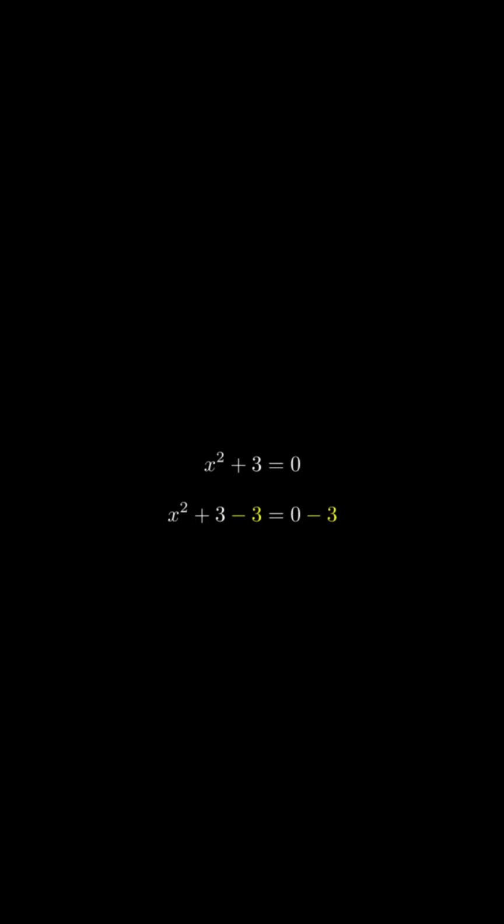Whatever operation we perform on one side of the equation, we must perform on the other side as well. This maintains the balance or equality of the expression. Think of it like a scale. If you remove weight from one side,